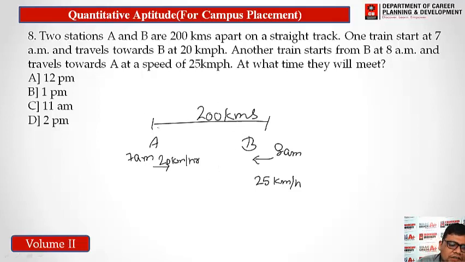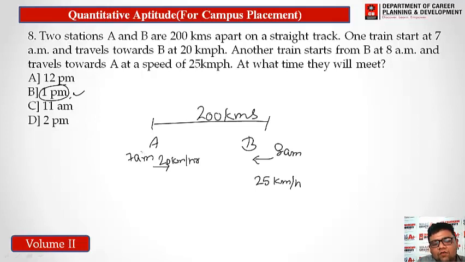So we have to cover 200 km. Let us solve this question by options only. We can solve it the regular way too, that's good enough, but if we solve by options, we can directly find that in the same time, both of them together should cover 200 km, by adding their distances. So let us pick an option. You can pick any option. If I pick 1 p.m.